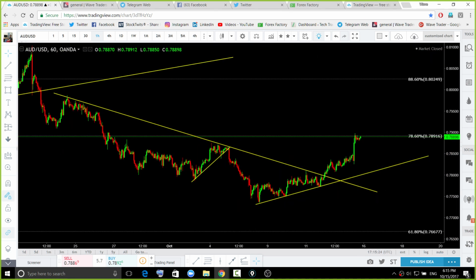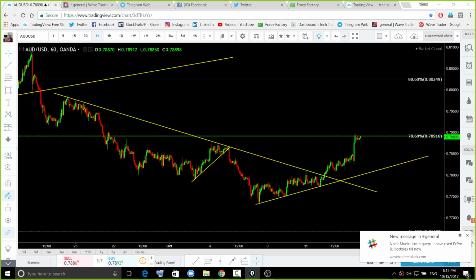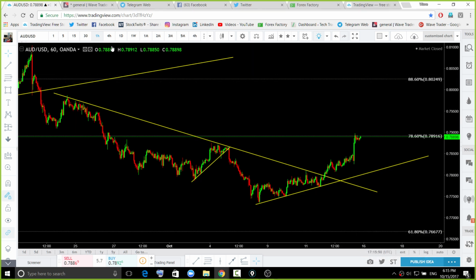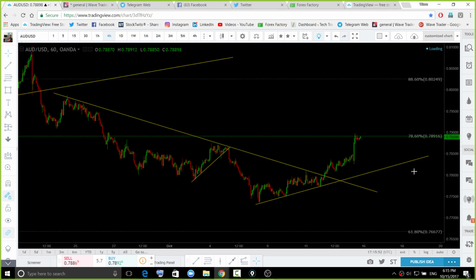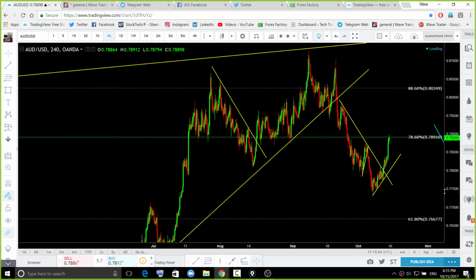So currently, this is not a perfect pair for me to open a trade right now. The perfect pairs I have shown you at the start. So search for the trade setups on those pairs and go for those trades, rather than just taking risk on these pairs which are not showing a perfect trade setup.